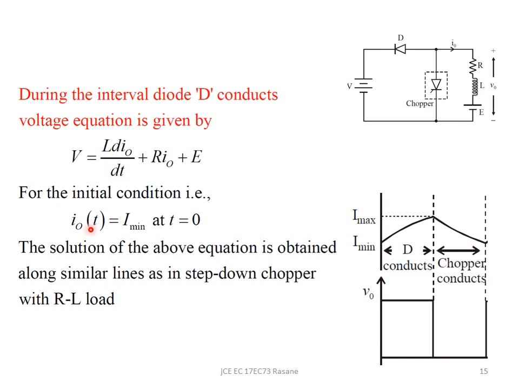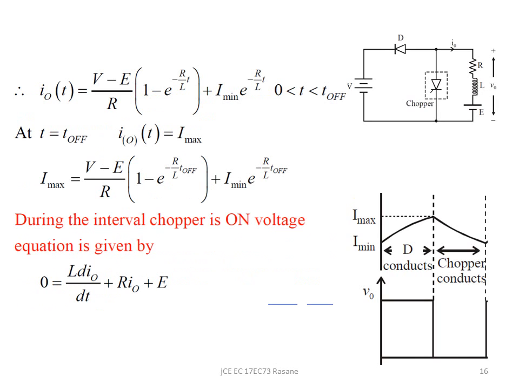So if I substitute i naught of t equal to I minimum, the solution, we have done this solution for basically the step down chopper with RL load in our earlier videos. Please kindly look at it. And I am going to get an expression as i naught of t equal to (V minus E) by R into (1 minus e to the power of minus R by L into t) plus I minimum e to the power of minus R by L into t. This is the expression when diode conducts, that is from t equal to 0 to this particular period when